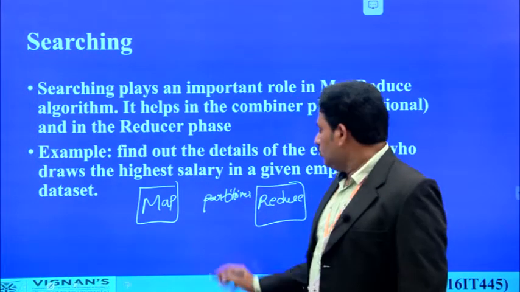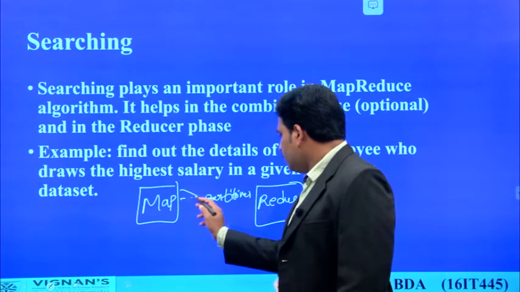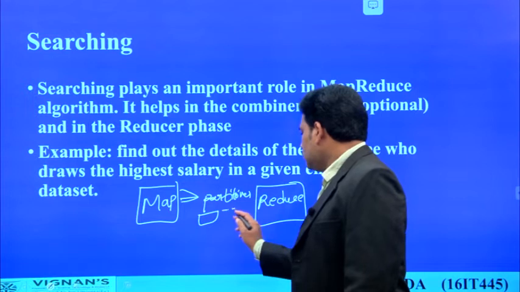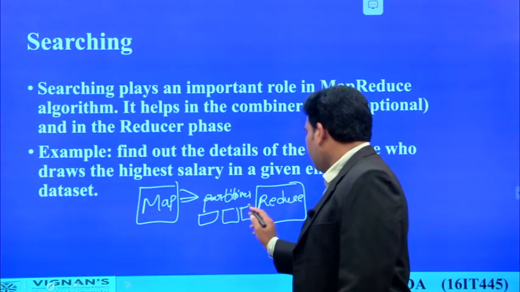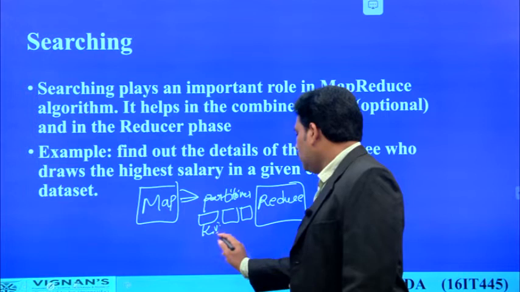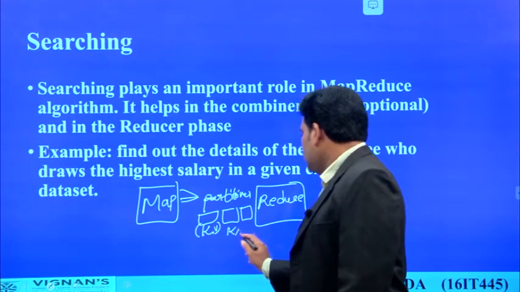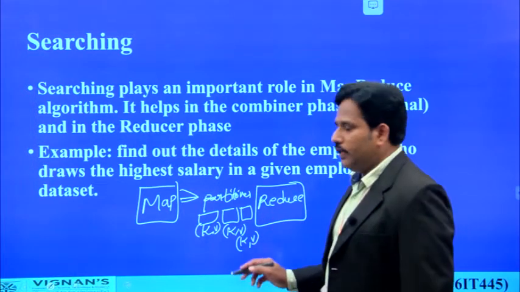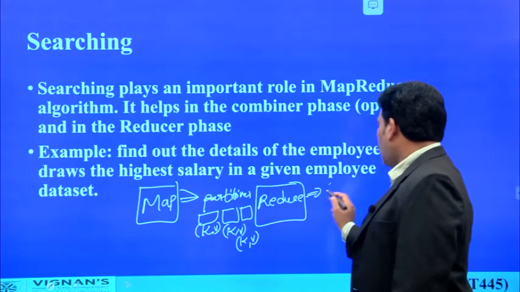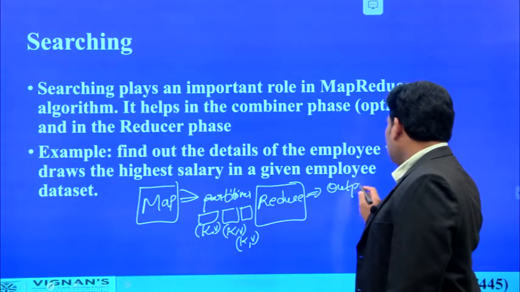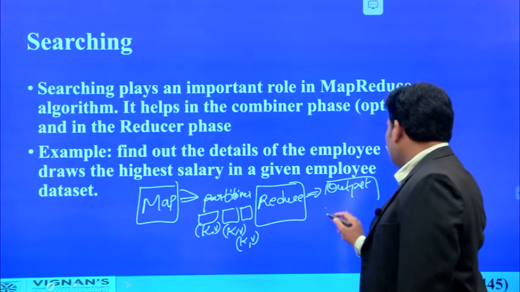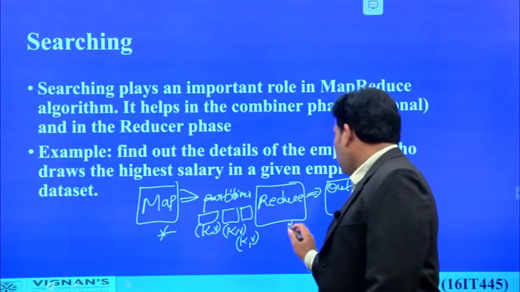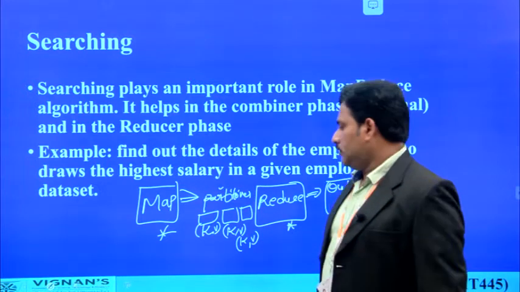So, this partitioner is used to divide the data which is coming from the mapper block into smaller data chunks, and every data packet will have a key value pair. Now, these key value pairs are going to be combined or merged by applying the reduce operation, and that will move to the output module. That means in between the mapper block and the reducer block we are going to apply the partitioner.